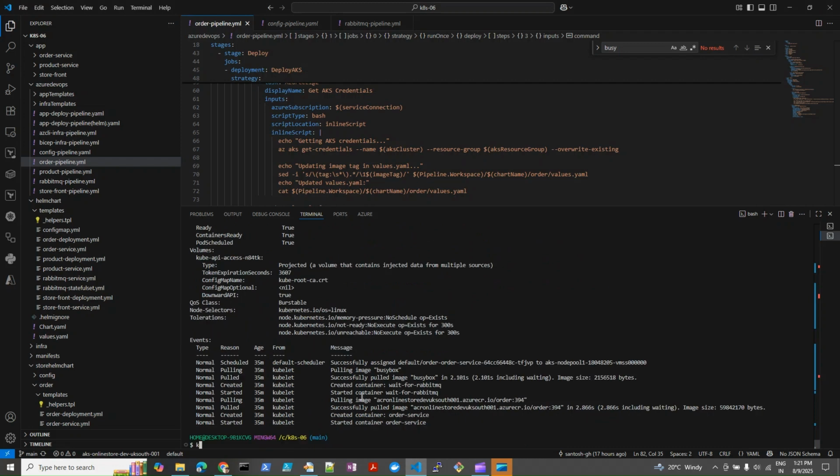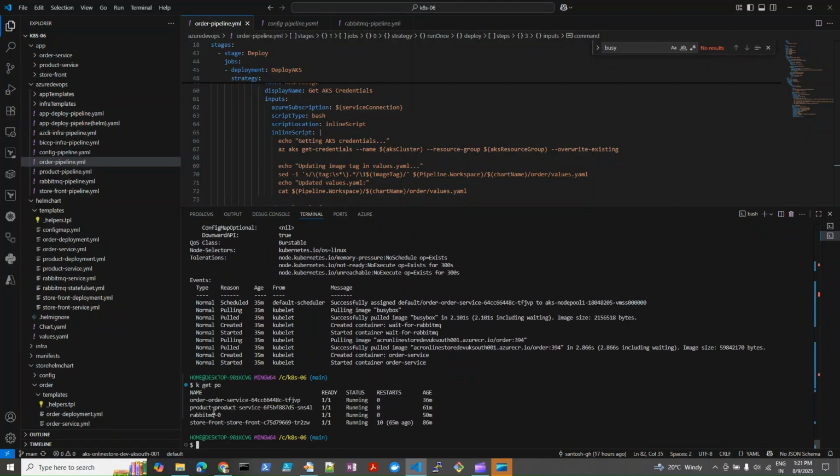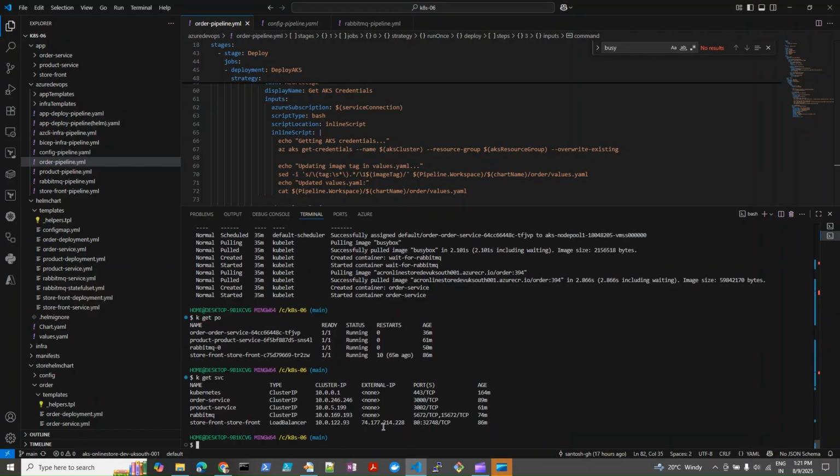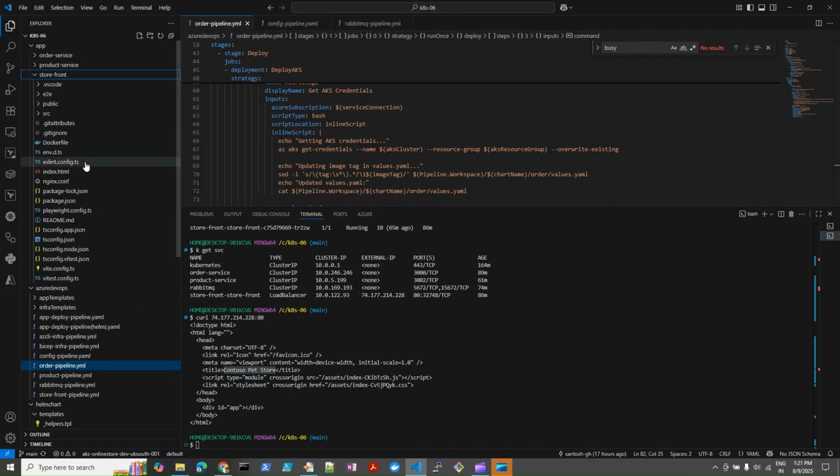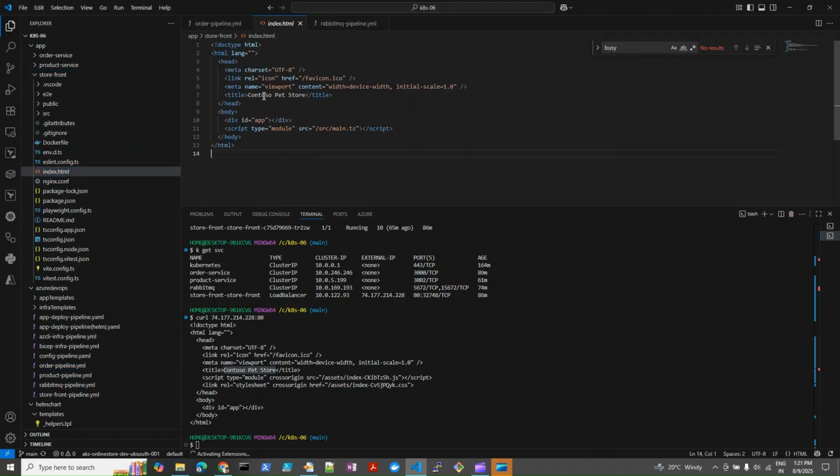If you run get pod, it will show that all the services are deployed and running. And if we do, okay, this is the public IP of the storefront service, and we can call this public IP to access the app. You can see here Contoso pet store. Whatever the information is there, under app, storefront, and under index.html, it is Contoso pet